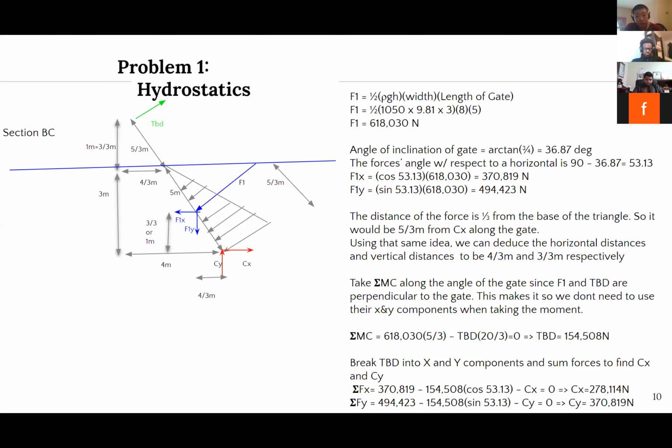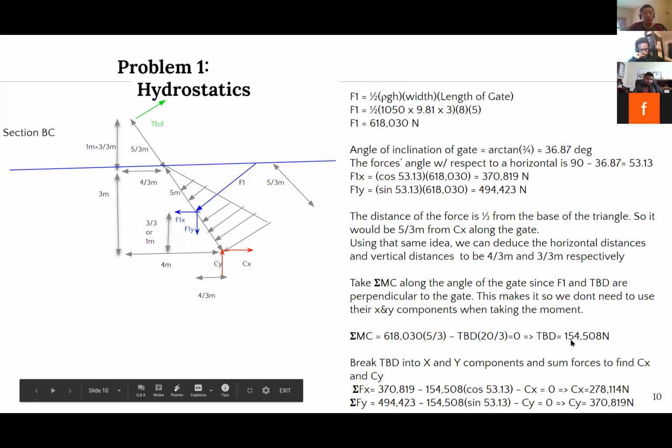Okay. So after we found the distances, we can take a moment about C, and we use the moment about C to calculate TBD. But one thing we do is take the moment along the gate, and that's because F1 is perpendicular to the gate. TBD is also perpendicular to the gate. So we can take the moment along the gate and not have to use the X and Y components of F1. So taking the moment along the gate at C, we would have only F1 and TBD in this calculation. And we would see TBD comes out to be